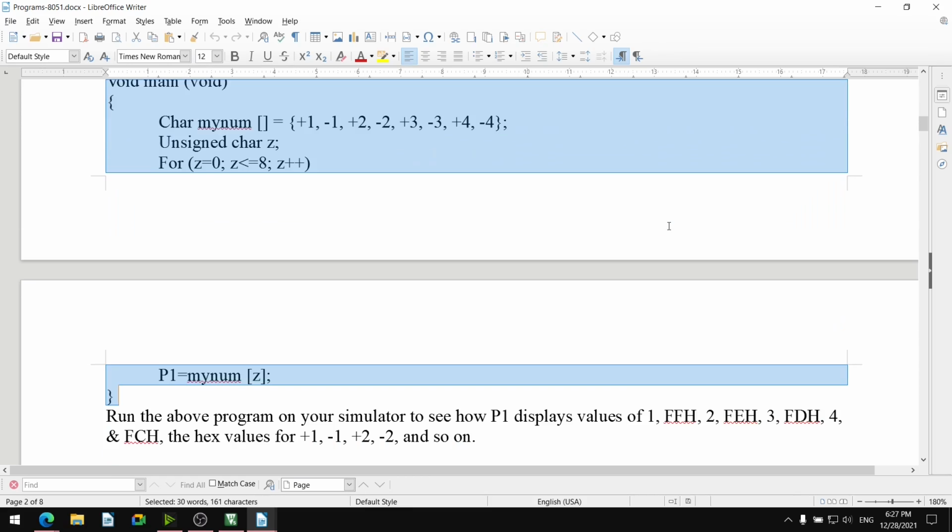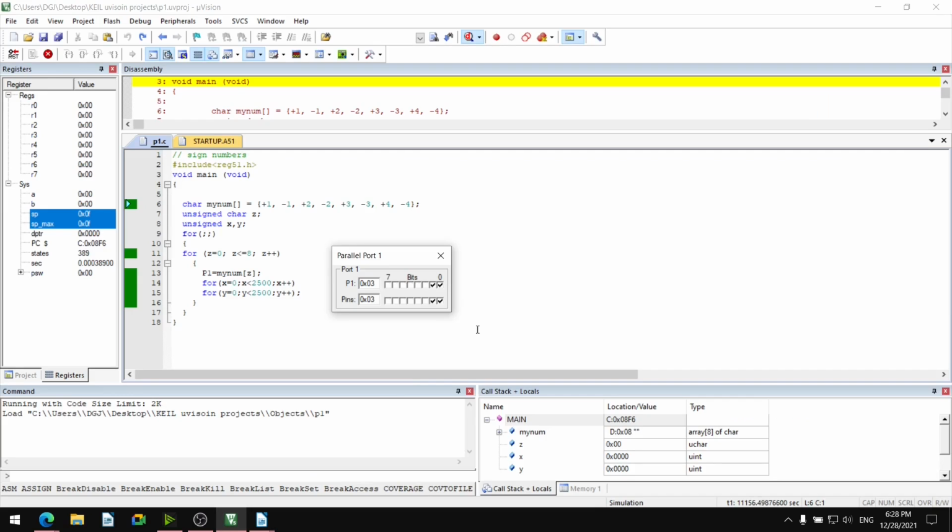Okay, this is the program, and this is showing now. If you can check this: 1 FF, 2 FE, 3 FD, 4 FC, repeating.